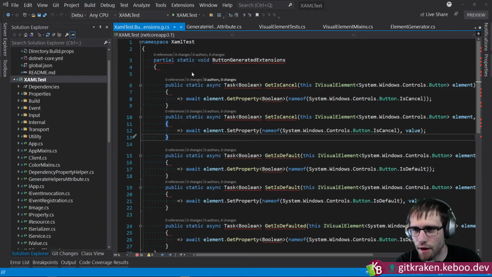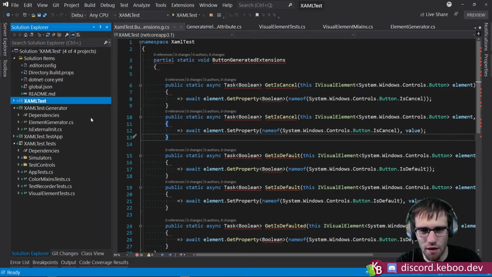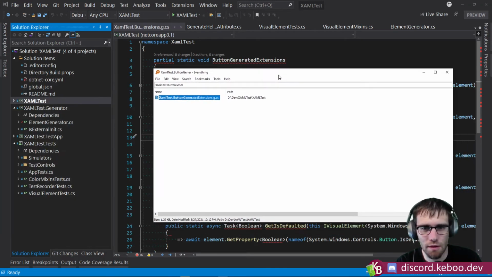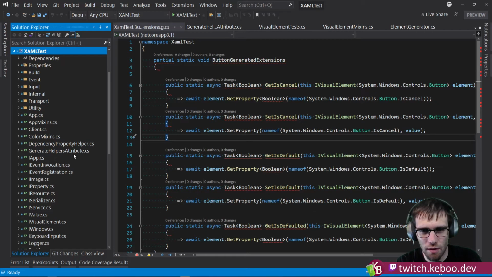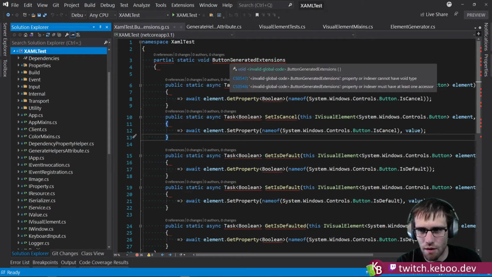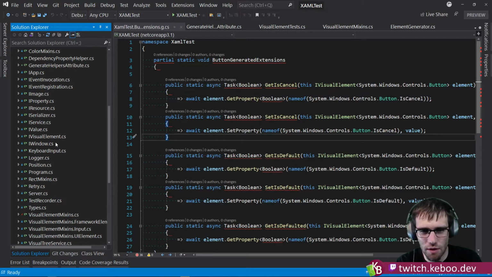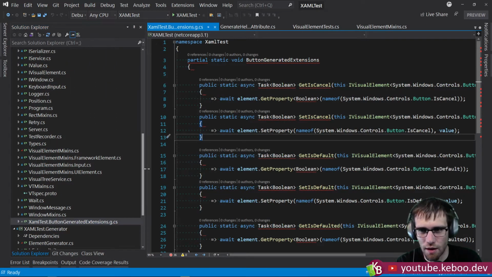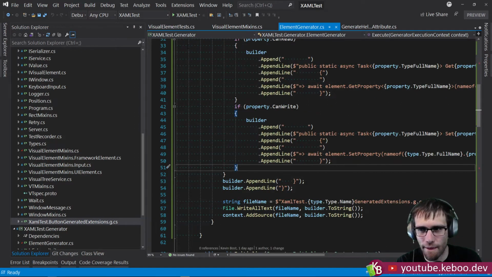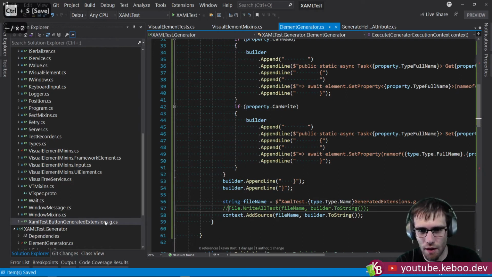Okay, so I see a couple things. Obviously, no, stop helping me. So this file got generated and is now existing. Where is this file at? So XAMLTest. It's interesting to me that it doesn't automatically get picked up inside of this. Oh, it did. So hold on, if I turn this off, and I delete this file,